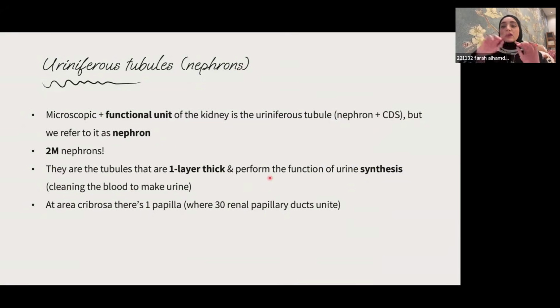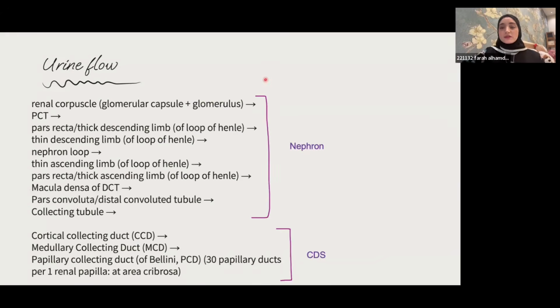And these are the tubules that are one layer thick. This is where molecule exchange happens, where there's urine and filtrate formation and so on. So this is just the cascade of the urine flow. It moves from the renal corpuscle, which was that circle, which consists of the glomerular capsule and the glomerulus, to the proximal convoluted tubule, then the pars recta, or the thick descending limb of the loop of Henle, then the thin descending limb of the loop of Henle, then the nephron loop, then the thin ascending limb of the loop of Henle, then the pars recta, which is the thick ascending limb of the loop of Henle,